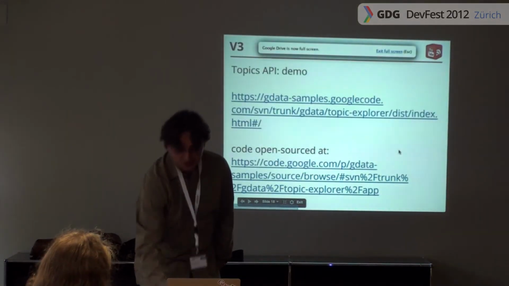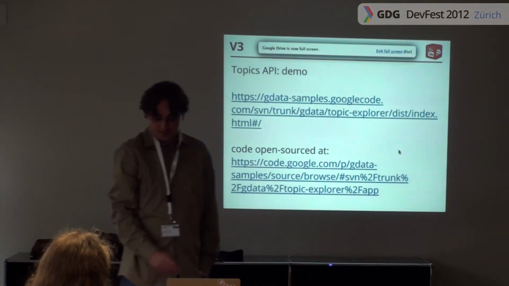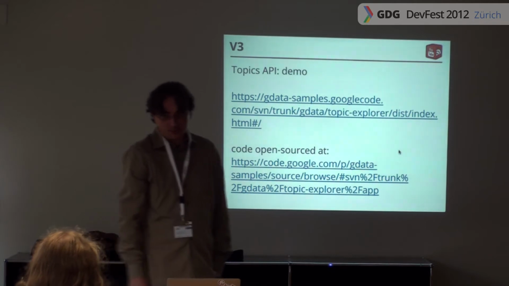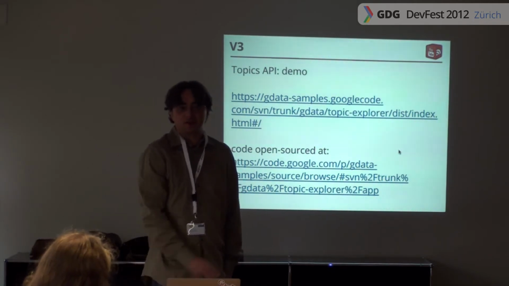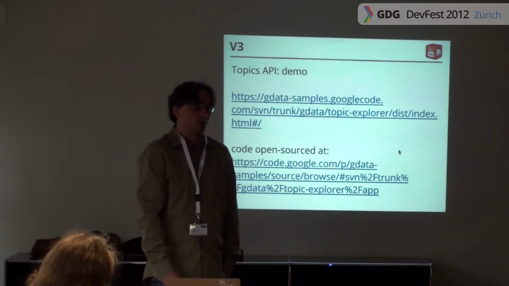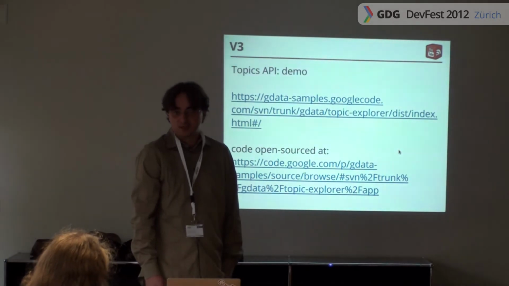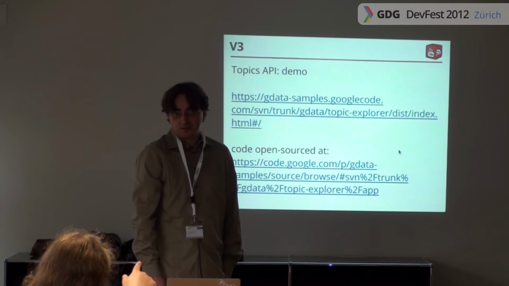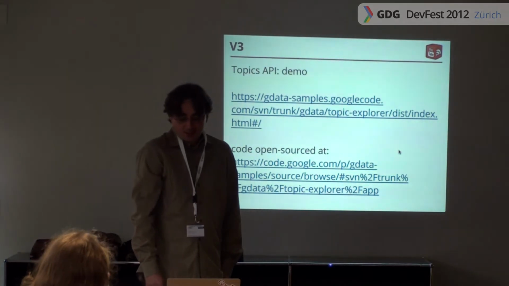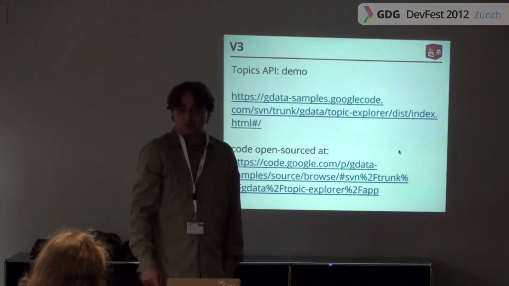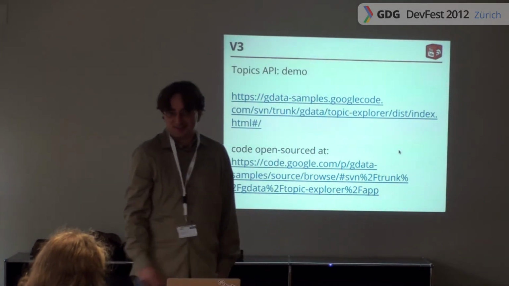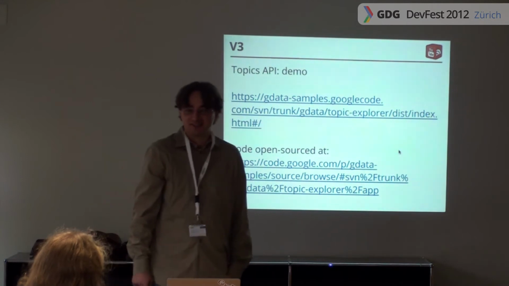And this application is open source since last week, so you can check out how it works, figure out how to do the authentication with the new API. It actually works the same way as all the other new Google APIs. It is also a good thing that it's shared. Yeah, so even though it says GData, it's actually the new APIs. This is just a repository, we haven't done a new one, we're just using the old infrastructure, but you're right. It is not GData, it's the new API.